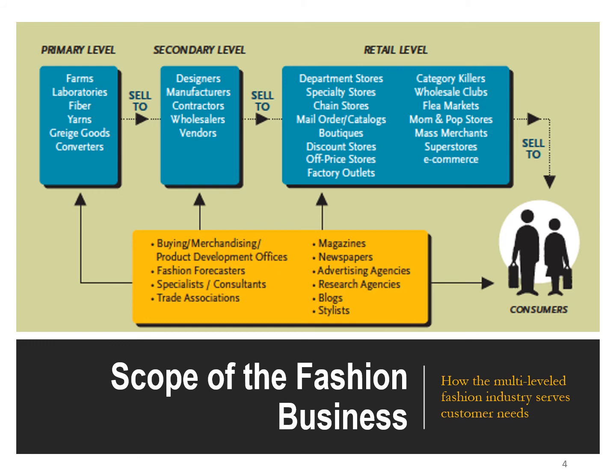And the auxiliary is special because the auxiliary touches all of the other three levels, right? So primary, secondary, retail could be called tertiary, a third level, but the auxiliary level touches all of those other areas. So these are people that do product development, and we've talked about fashion forecasters, right? We've talked about buyers, merchandisers. We talked a little bit about stylists and event planners, advertisers. Those are some of the things that we've already talked about. So those are the things that all make up that scope